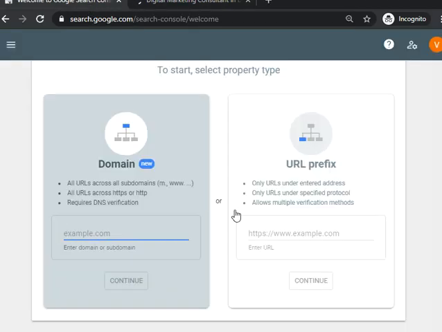I hope you all remember the process by which I installed the Google Analytics code on the website. I told you there were two ways. One is with the help of cPanel and the second one is with the help of FTP. The way of installing the code is very similar to Analytics, meaning you get the code and place it in the header part of the website.